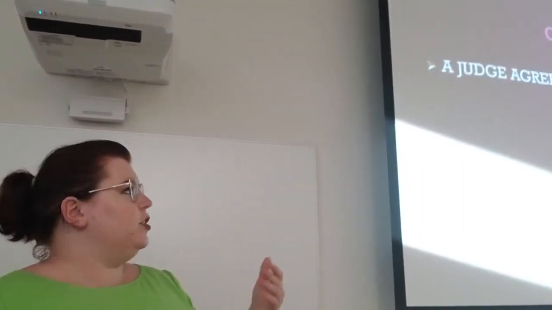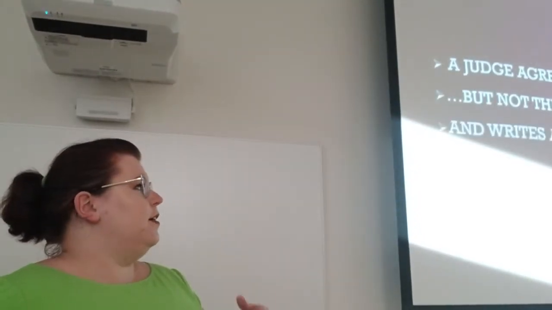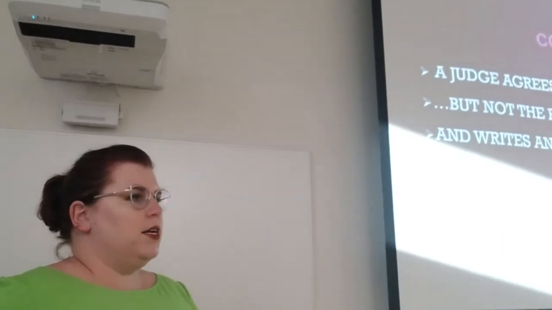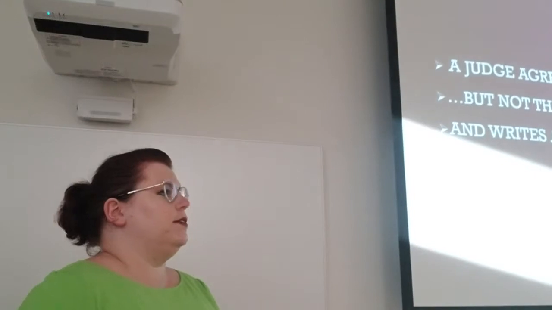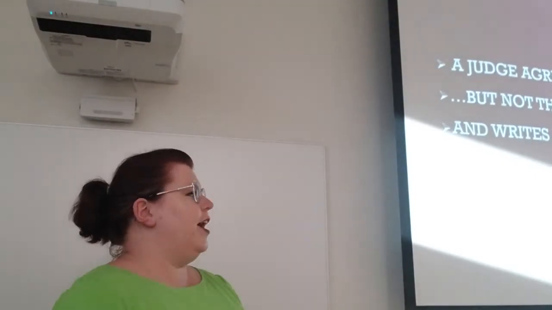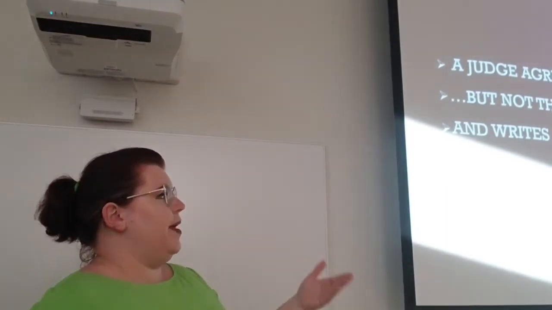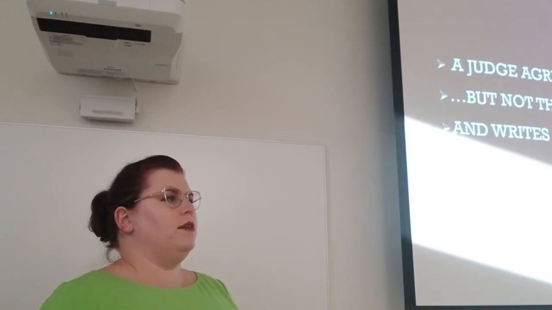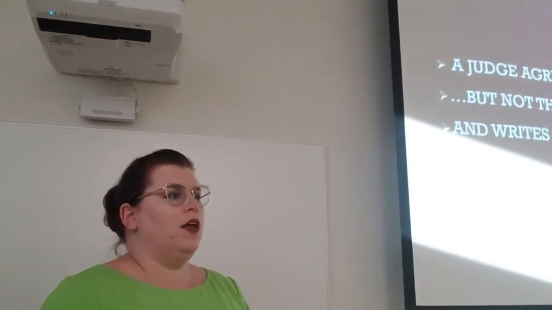Now in that case, it's probably going to be because there's a concurring opinion. This happens when a judge agrees with the outcome, but not the reasoning, and then writes an opinion saying why. So you can have judges concur with the majority opinion, where, say, Justice Mosk is like, here's what I feel, and then I'm sitting over here like, yeah, I agree with that. A concurring opinion might happen when I agree with the verdict, but not why.